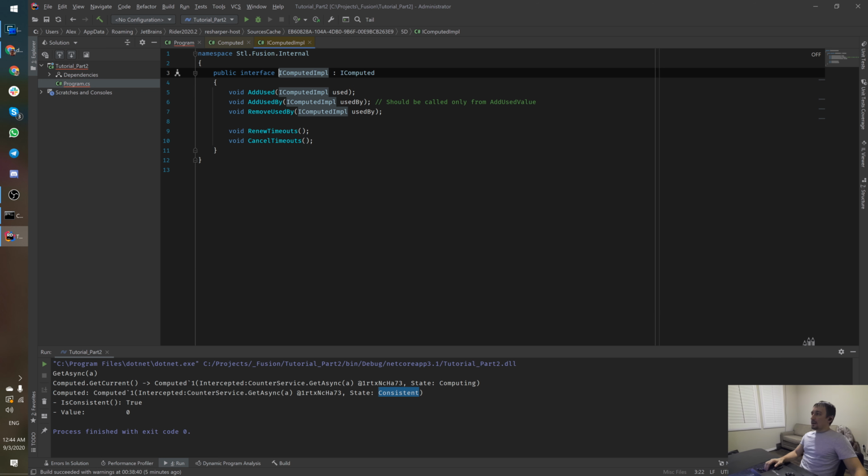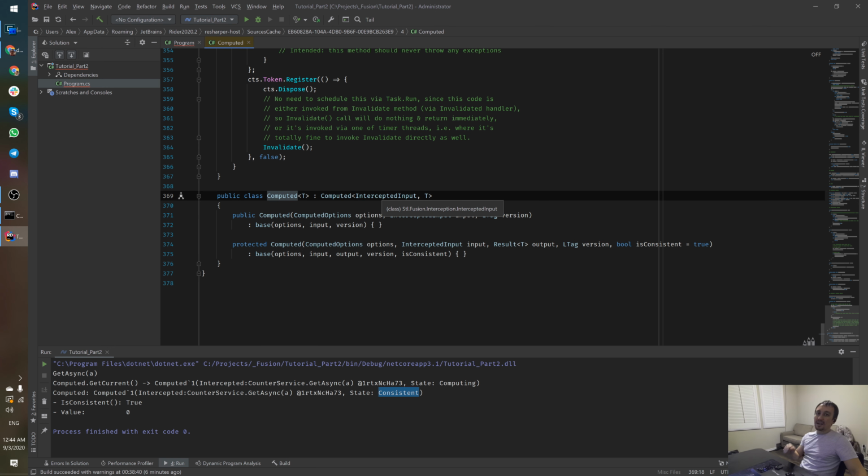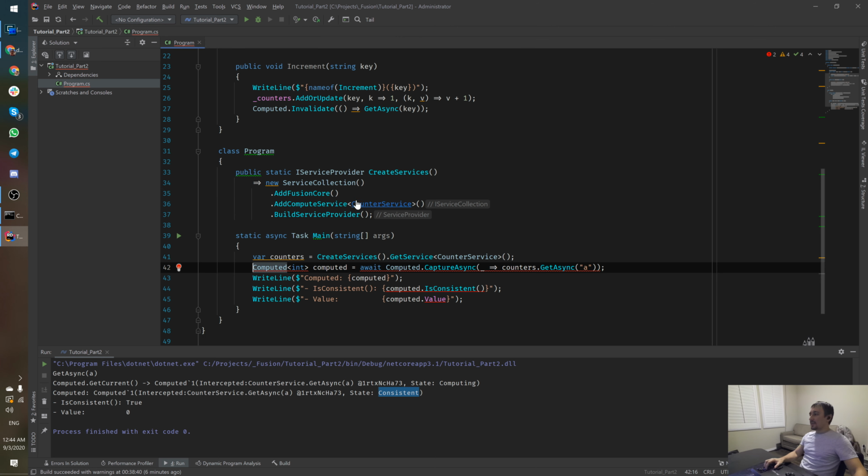this one. And this is an interface you are not supposed to use normally, but what's important about this interface is that it provides an API that allows you to track dependencies for the computed instance and add what's used. There are a number of methods, and since normally you don't need it, I just want to show that there is an API allowing you to add dependencies manually. Okay, so let me replace this back to Bart